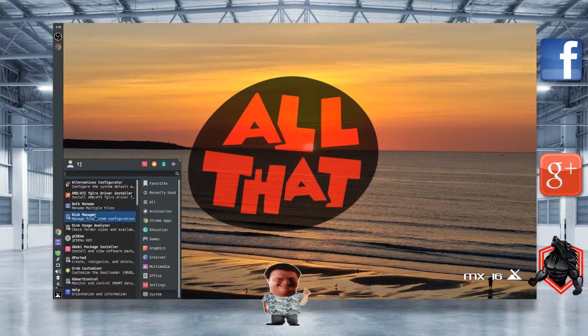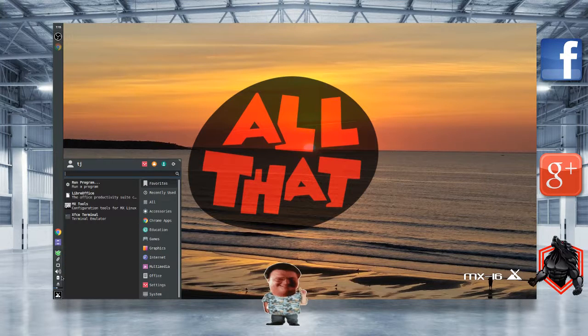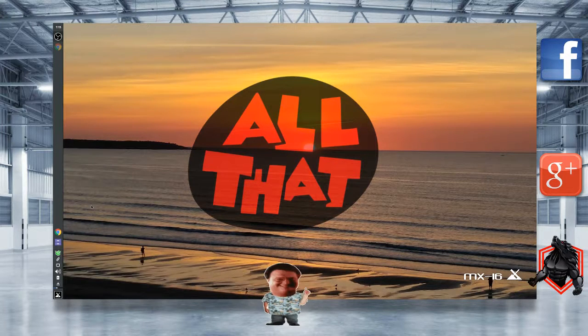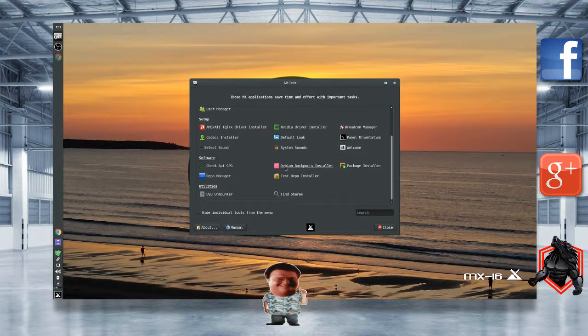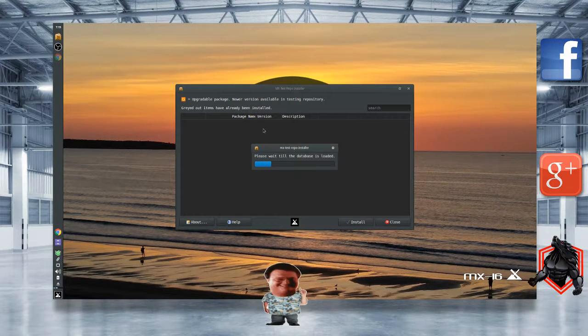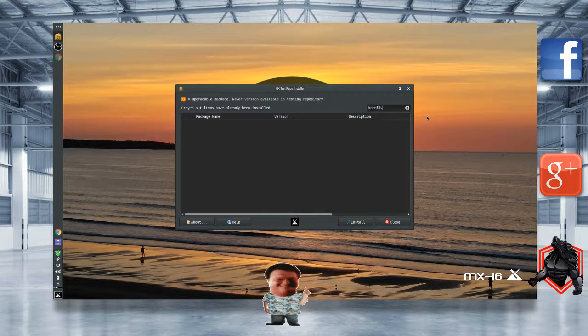The only thing that's really changed is the MX tools right here, which is a nice handy tool, but even in the test repo, I go to look for Kdenlive, and I don't know who did this, but it's not even in there.